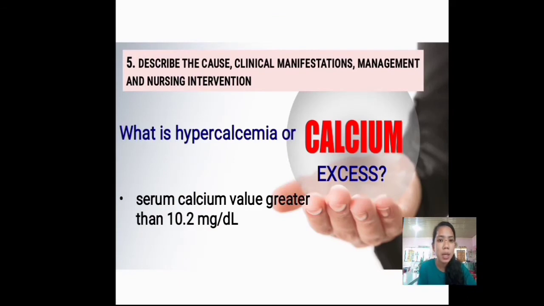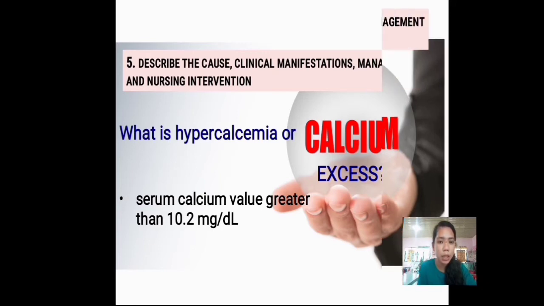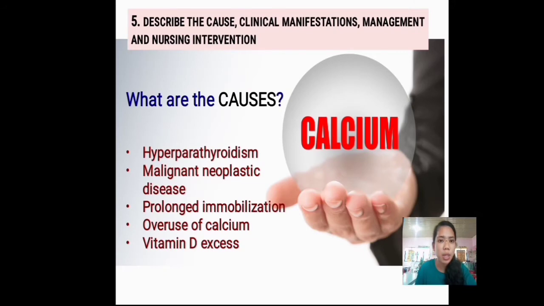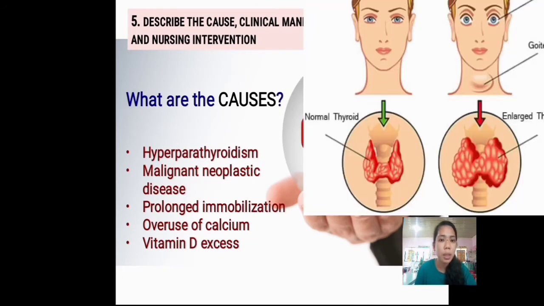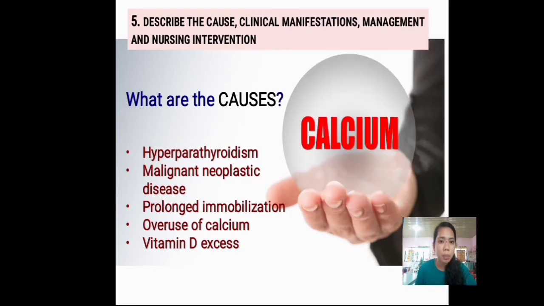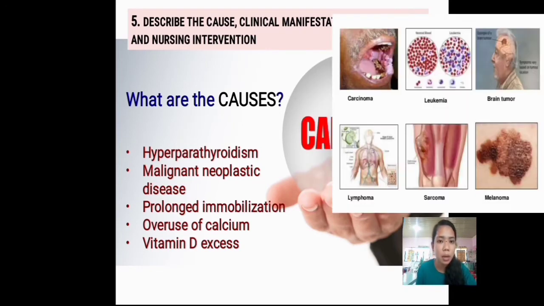My next topic in calcium imbalances is hypercalcemia or calcium excess. It is wherein the serum calcium value is greater than 10.2 mg per deciliter. So what are the causes? Number one is hyperparathyroidism, wherein the body produces a high level of parathyroid hormone. And number two is malignant neoplastic disease, where cell division can lead into a tumor,